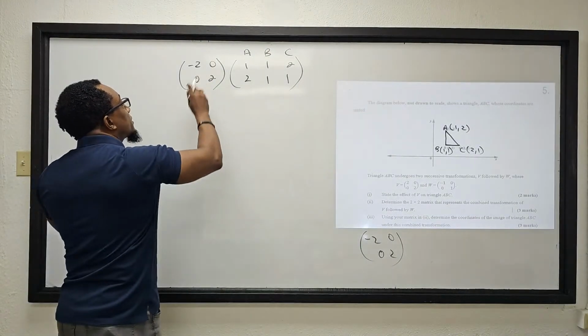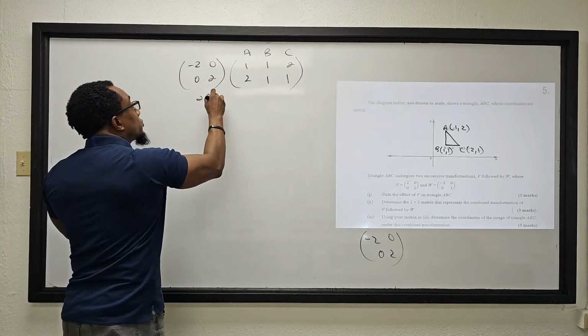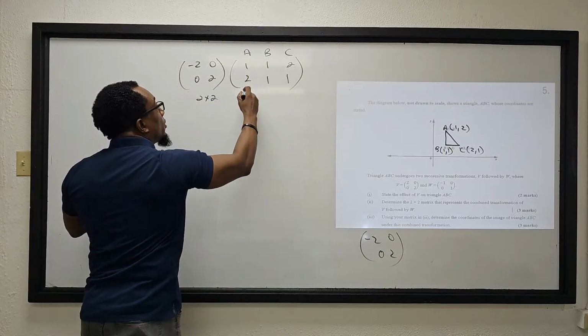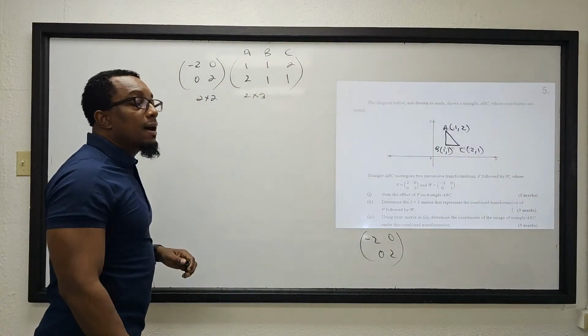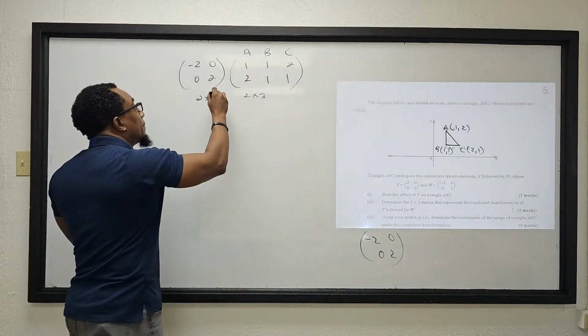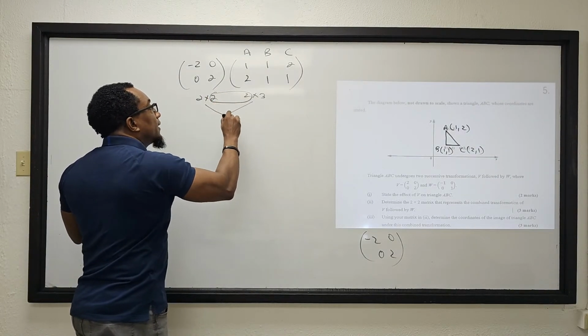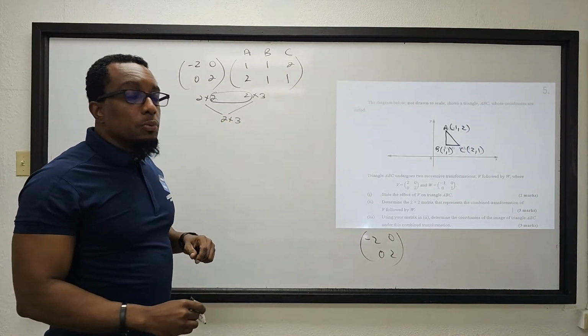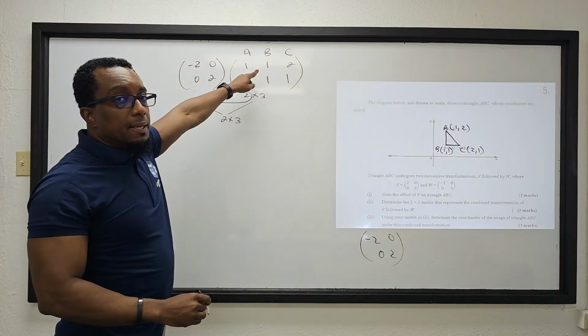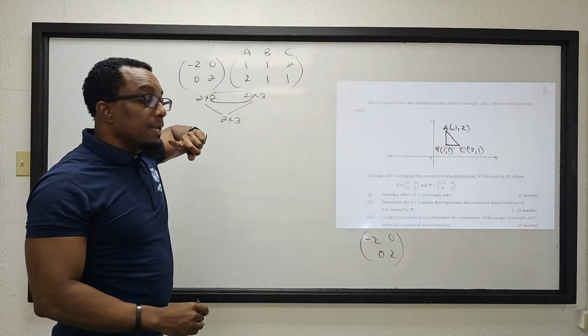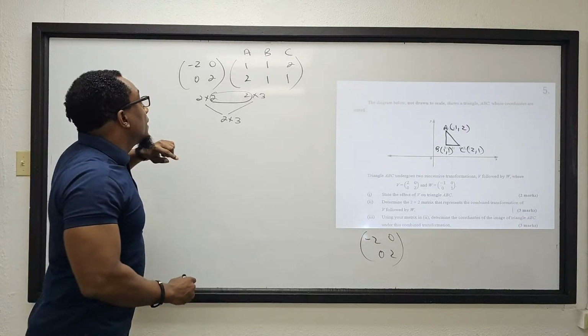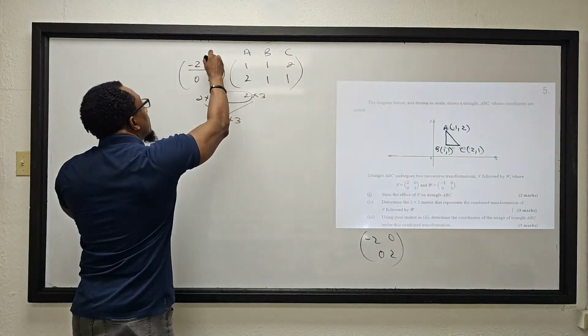So let's see if they're compatible. This is 2 by 2. This is 2 rows and 3 columns. So they are compatible because the two inner numbers are the same. The outer numbers will tell us that the end result will be a 2 by 3 matrix. So this will help you to get your A prime, B prime, C prime, which will be the image of ABC. So let's multiply rows of the first